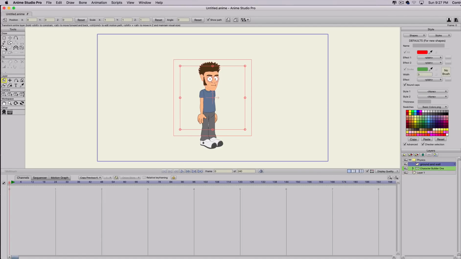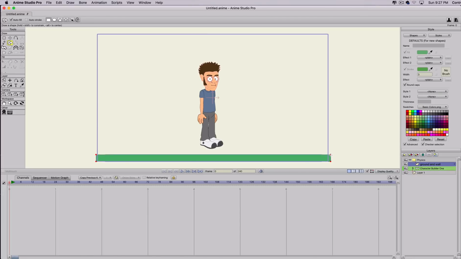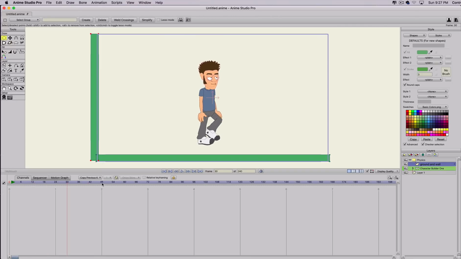The reason I'm doing non-moving is if when I draw the wall or the floor, I don't want it to fall downwards. So I'm going to just use the square shape tool. I'll draw a floor, and then I'm just going to draw a wall in the background too, just so we can have something for our character to impact. So if I drag through the timeline, and when I hit 84, character is going to collapse, and he's going to hit the floor, and he's going to fold up,